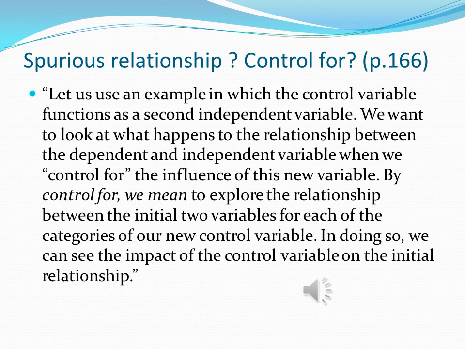Spurious relationship, control for, page 166 of your Sirkin textbook. I'll be reading this. This is quoted word for word from your textbook. Let us use an example in which a control variable functions as a second independent variable. We want to look at what happens to the relationship between a dependent and independent variable when we control for the influence of this new variable. By control for, we mean to explore the relationship between the initial two variables for each of the categories of our new control variable. In doing so, we can see the impact of the control variable on the initial